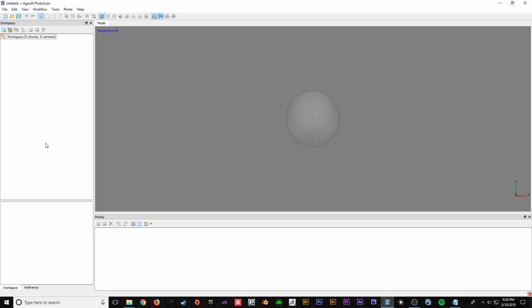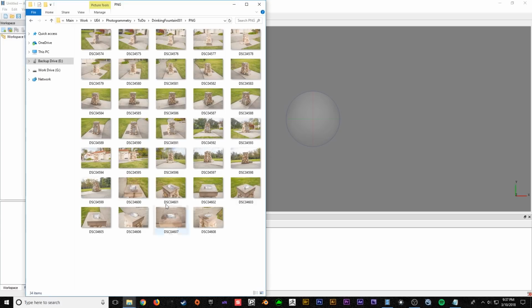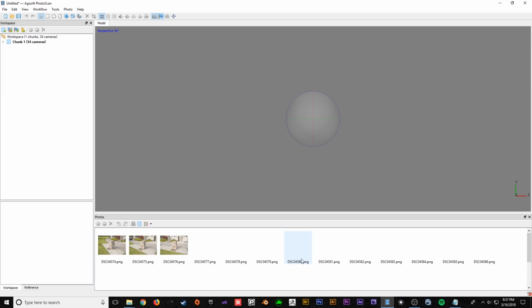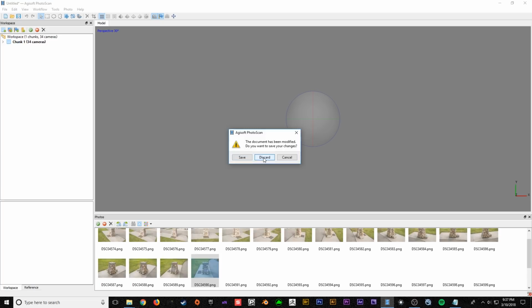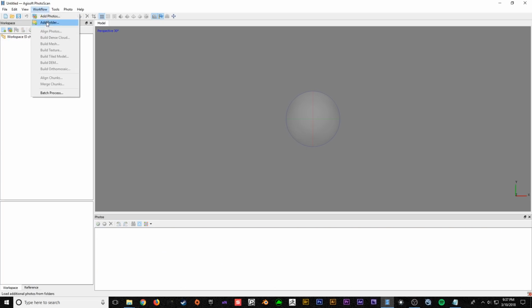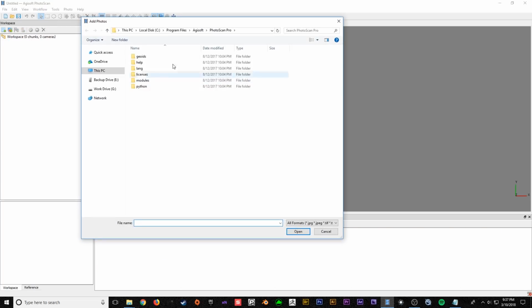All right, so let's go to the first part of the process, which is importing the images. Now in order to do that, I am just going to open the PNG folder, select all the files, and drag them in here. Another way you can do this is by, first I'm going to create a new project. If you go to Workflow and go to Add Photos, you can do it this way as well, and then just